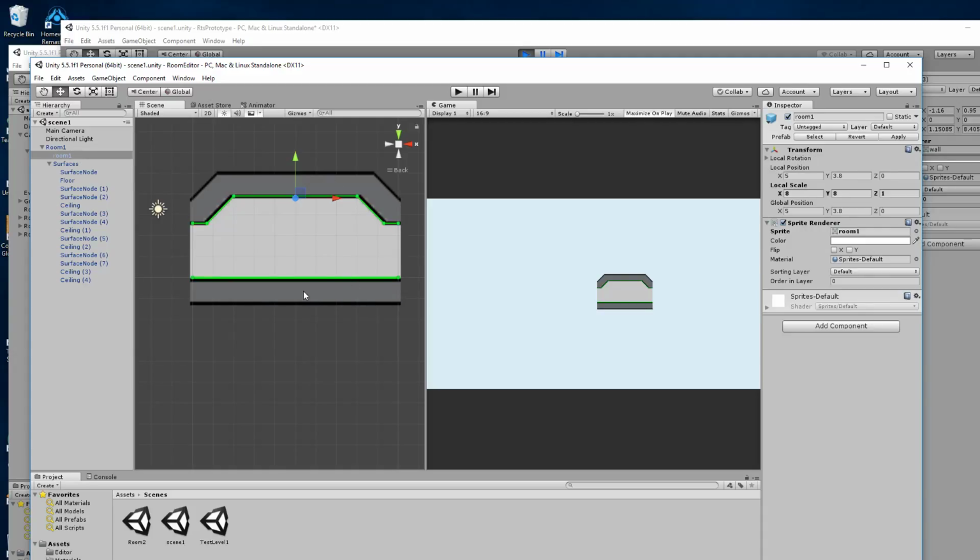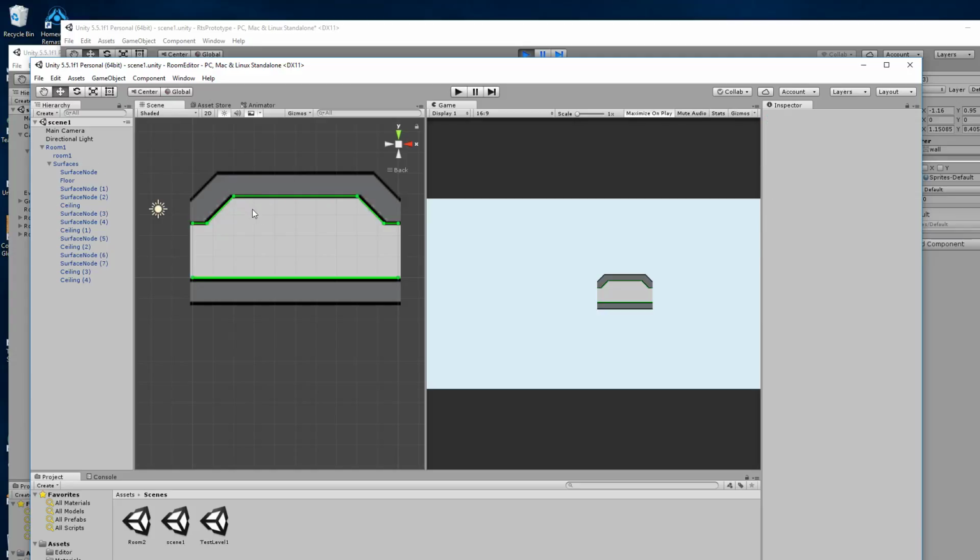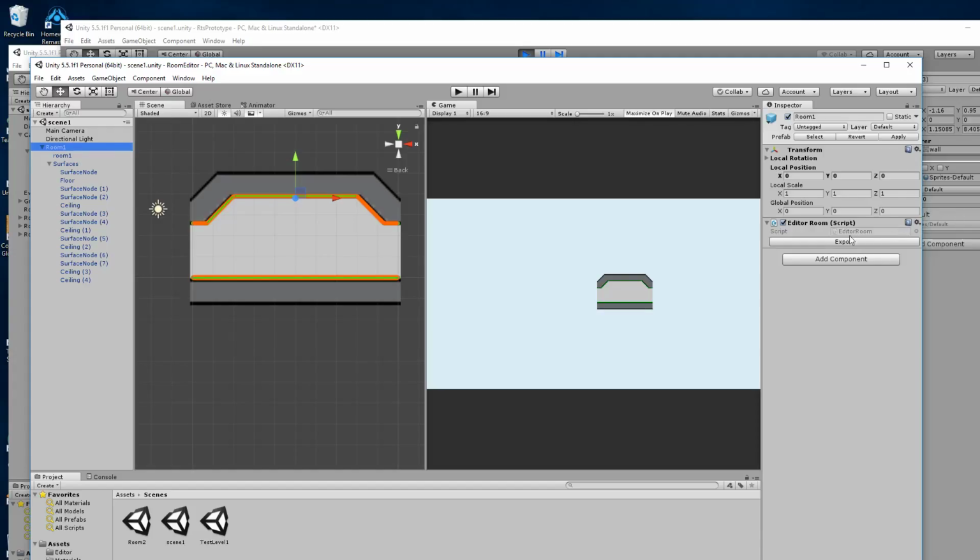visuals of the room, and I want eventually to switch this to being 3D rooms, so this will be a 3D model rather than a sprite, and then define surfaces, the navigation surfaces. They might even be used for hit detection and stuff. I'm not sure yet how that's going to work. If I'm using 3D models, it might be just a mesh collider. I don't know yet. But anyway, it has to all be arranged in a certain hierarchy, and then